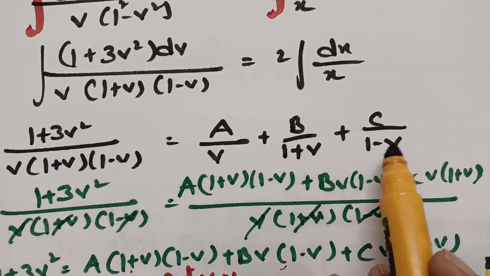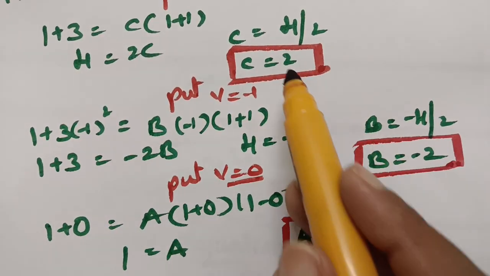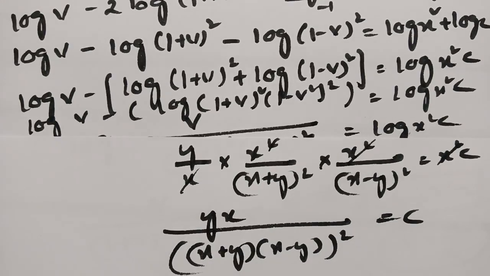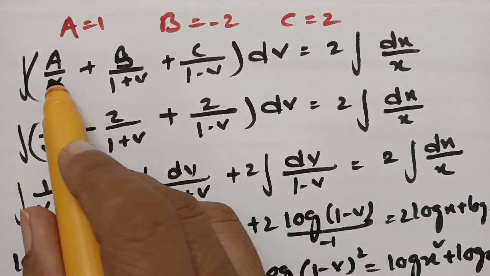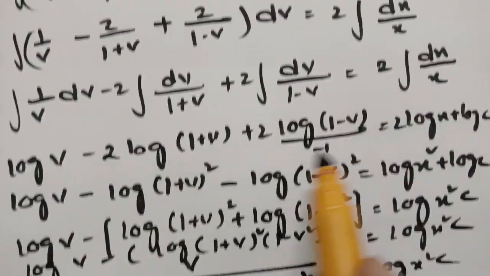I have applied a, b, c, and I have calculated a value as 1, b value as minus 2, and c value as plus 2, and after substituting all the three values here, see here a, b, c values are kept, a as 1, b as minus 2, and c as plus 2, and after integrating,